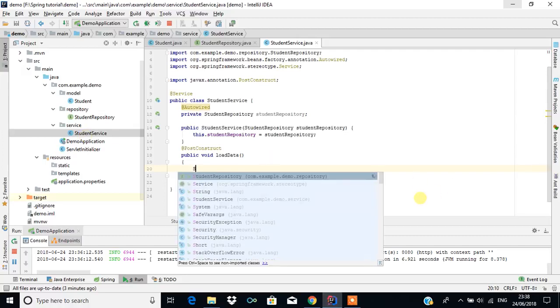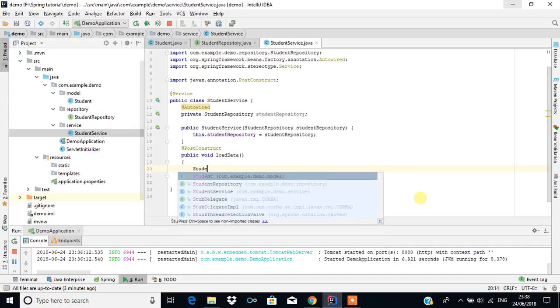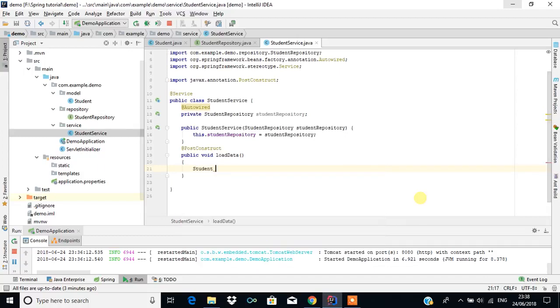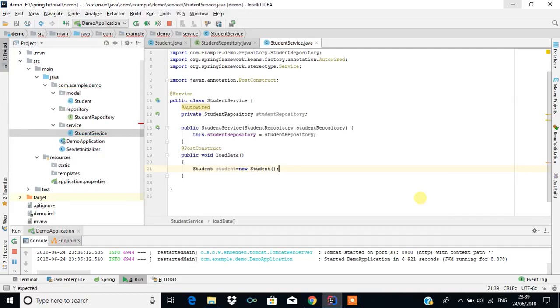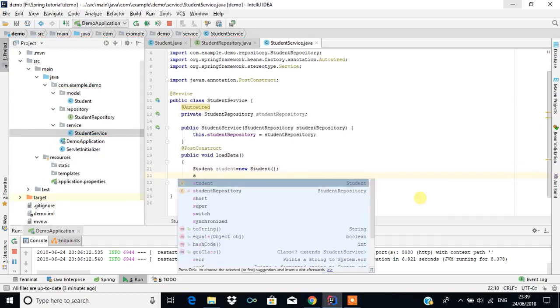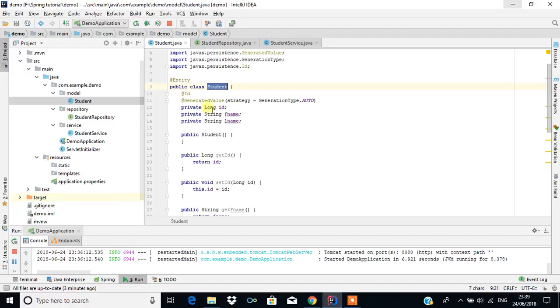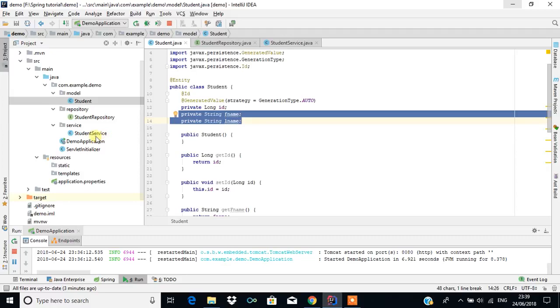So first it's Student followed by some object equal to new Student. So I'm creating the object for that, and since this long id is auto generated, I'm not going to store any value because it is generated by itself. So the strategy is GenerationType.AUTO. So I'm just going to store the first name and the last name.